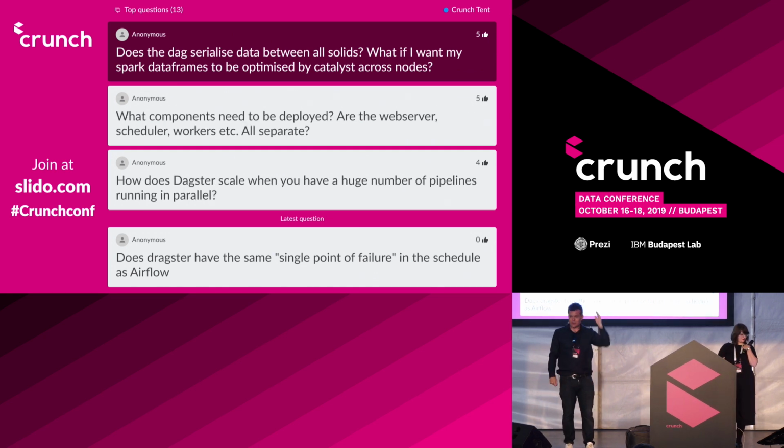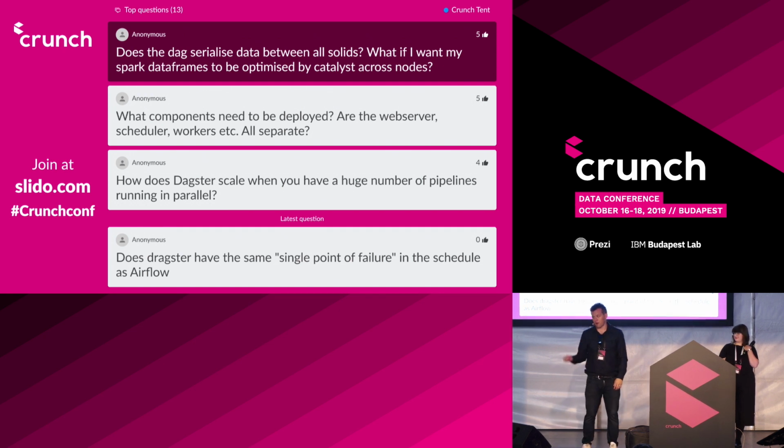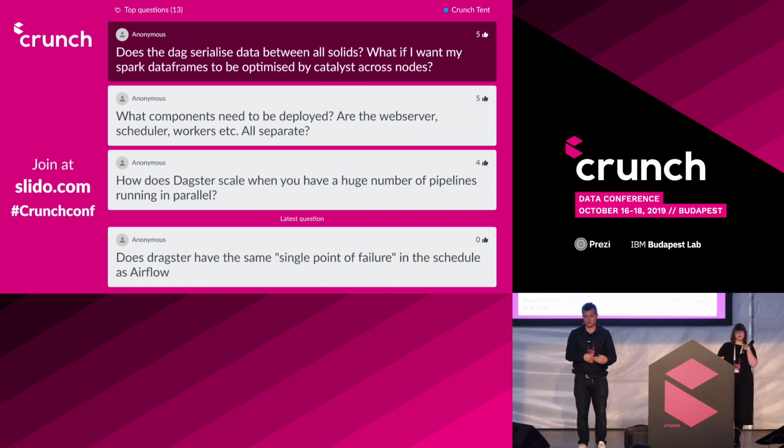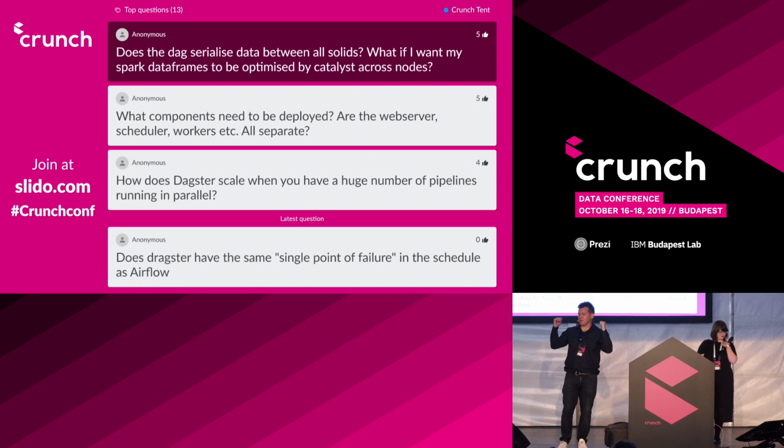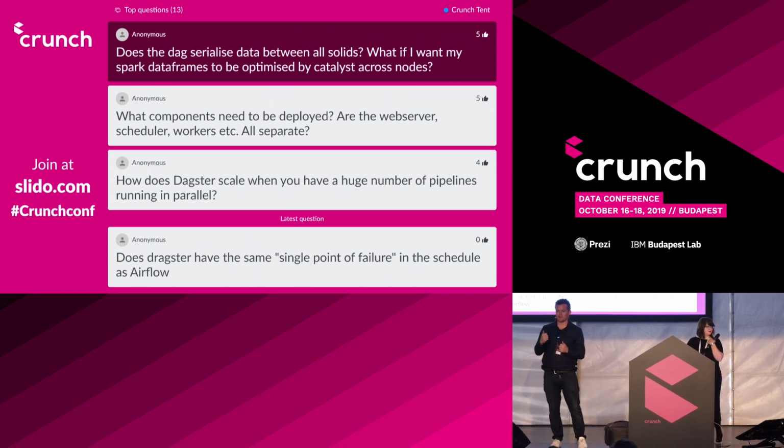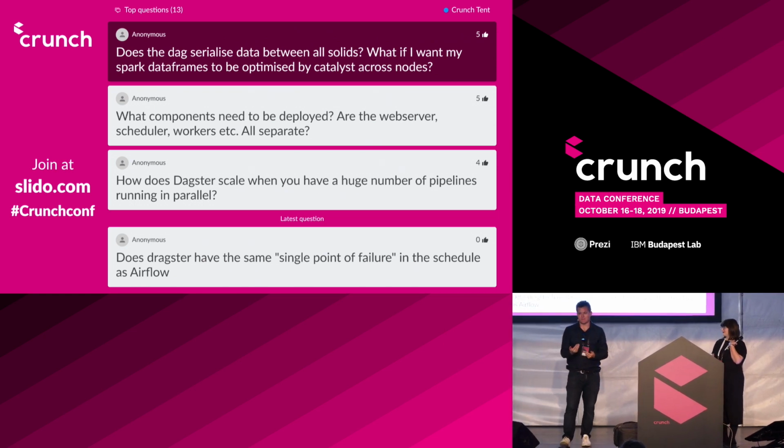Now, Catalyst is an internal implementation detail of the Spark engine. So it's their internal in-memory format that's used within the context of the Spark cluster. So that's really only relevant within the context of one Spark job, which would be contained within a single solid. Now, I think the question you maybe wanted to ask is, can we use a system called Arrow, which is an open standard for in-memory data frames?